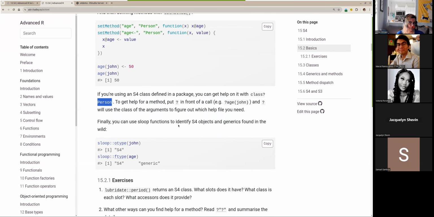So you can use Hadley's sloop package to sort of get a nice reading of what objects we're working with. Here we use otype on the John instance of the person class, and you'll see that it's an S4 class. ftype age. So f, I think, is function type. otype is object type. ftype says this age function refers to the generic